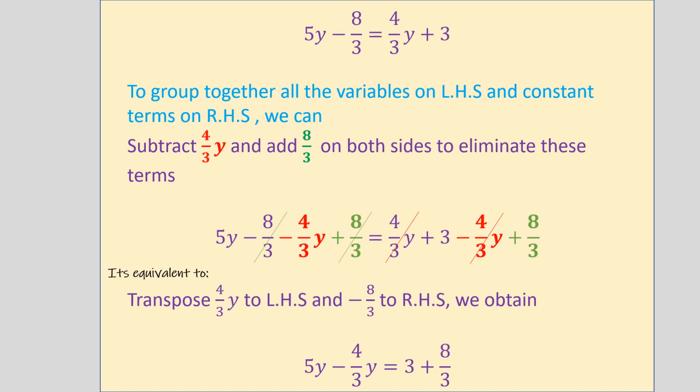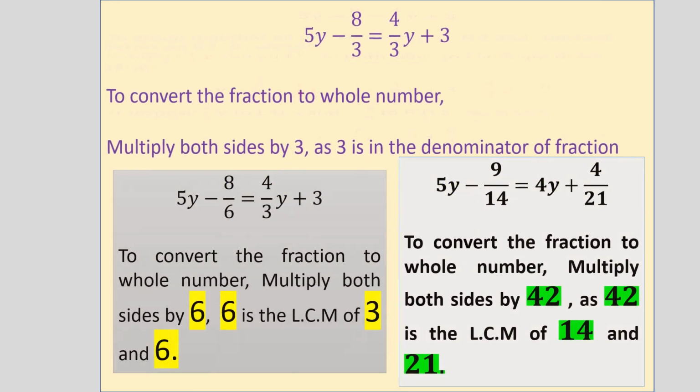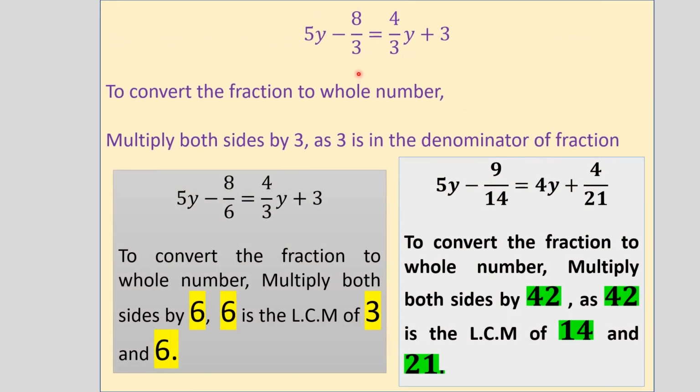So to avoid this from the beginning, we will multiply both sides of this equation by some number, so that we can get rid of the fractions. Here, we always try to multiply both sides by the smallest number, so that we can get rid of these fractions. Here, both these fractions have the same denominator, that is 3. So, we will multiply by 3 on both sides of this equation.